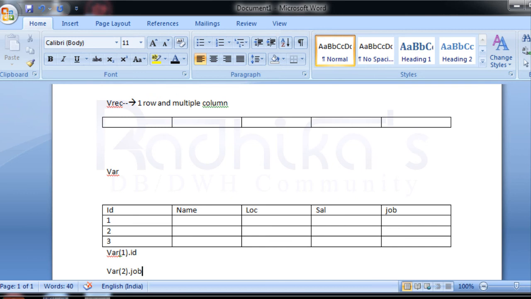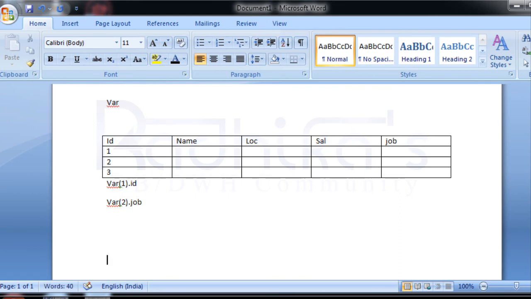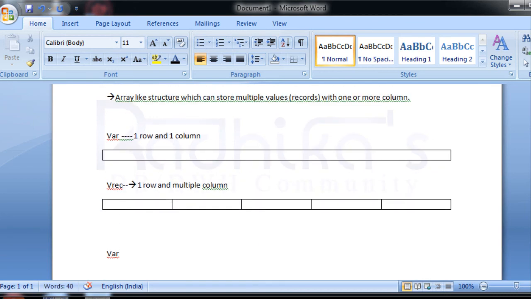As for the advantages, what the collection types are, and the attributes that are available, I'll take those up in the next tutorial. Hope you have understood the basic introduction to collections till here.